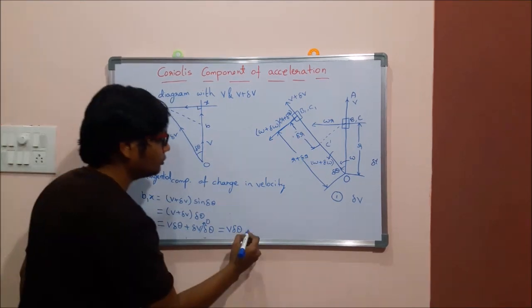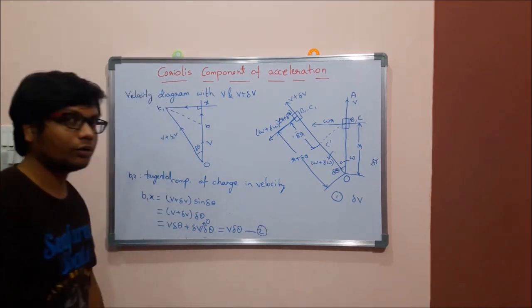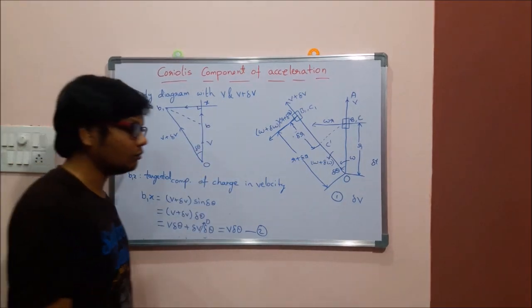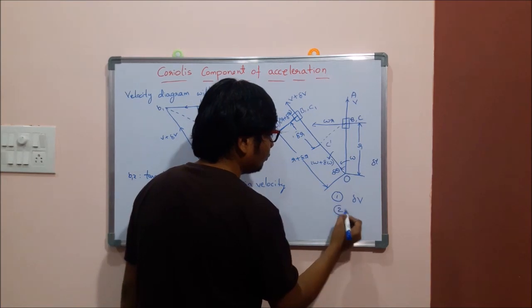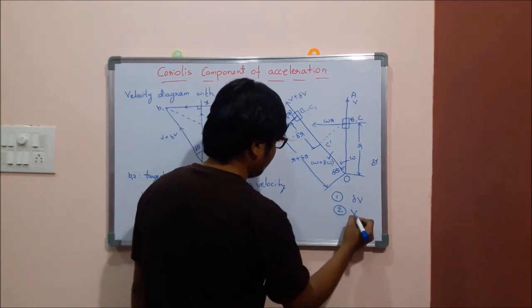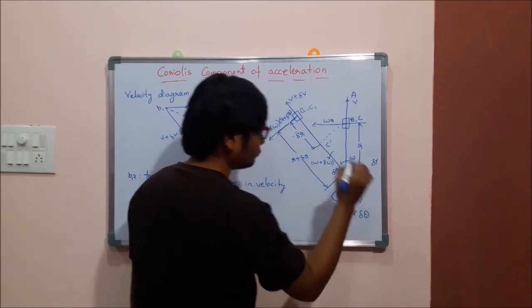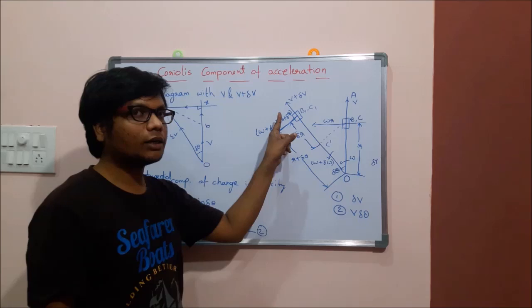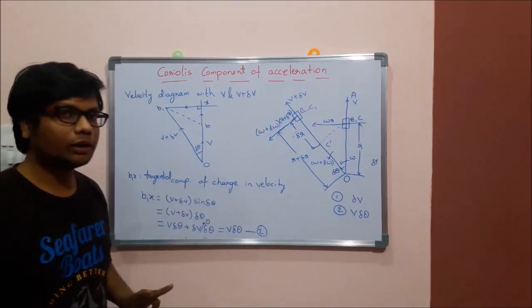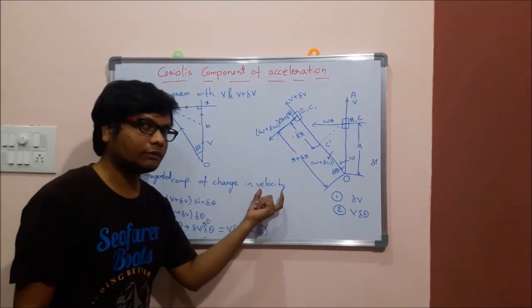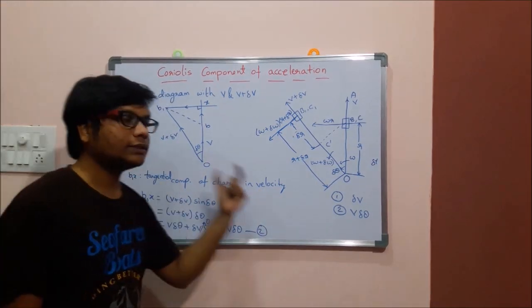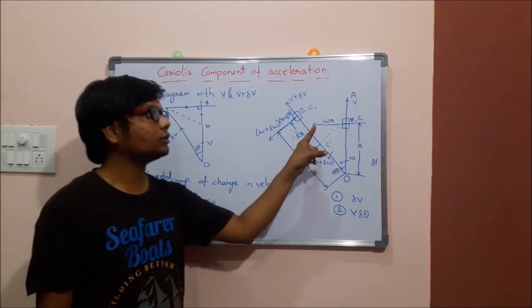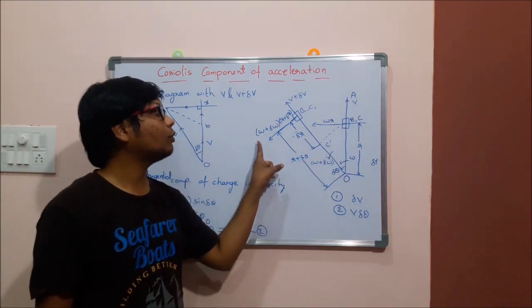So assume this equation as 2, which is the tangential component of change in velocity when you consider these two, v and v plus delta v. So now make this equation 2 for the reference. I am writing v into delta theta. Okay, so related to this v initial and v plus delta v final, we have determined two components. One is the radial component of change in velocity and the other is the tangential component of change in velocity. Okay, so now we go for the remaining velocities, that is omega r initially